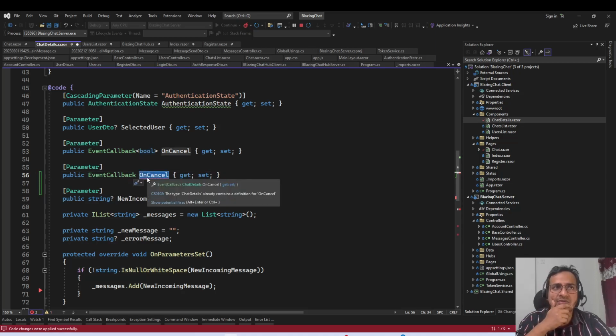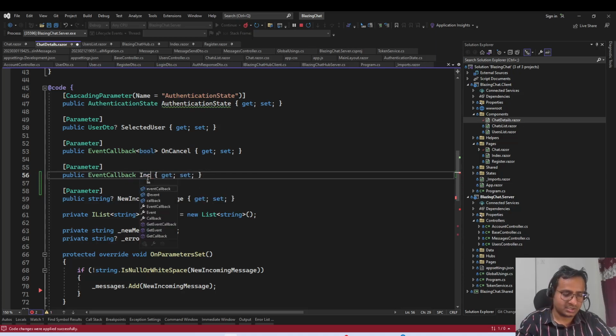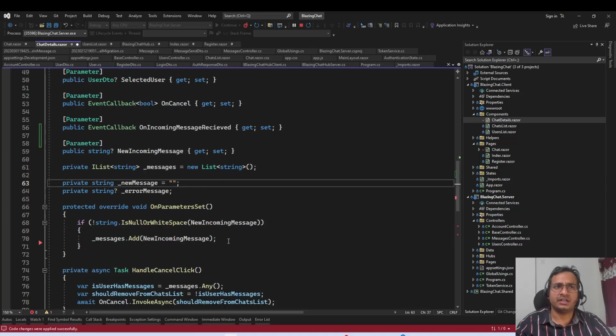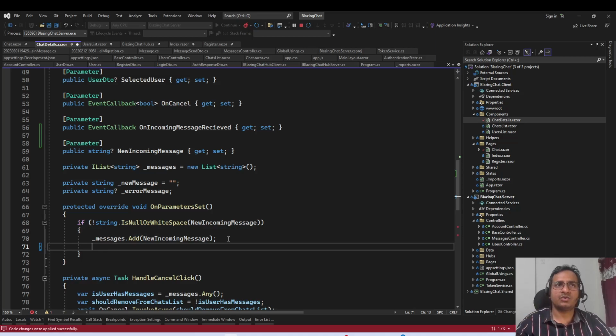Let's name it something like incoming message received. On incoming message received, it will be an event callback, fine, and we are going to invoke this after adding the message to the message collection. So we will say this dot invoke async,